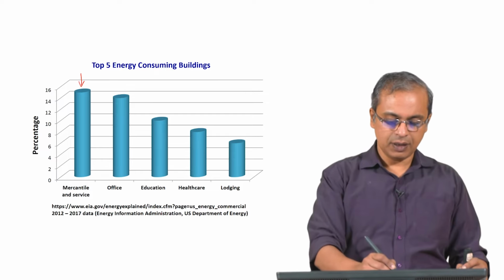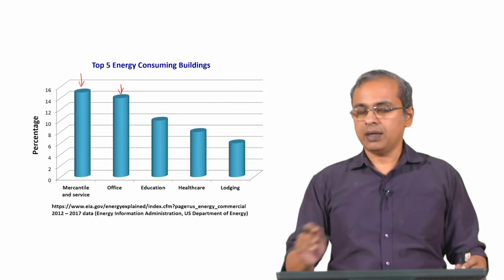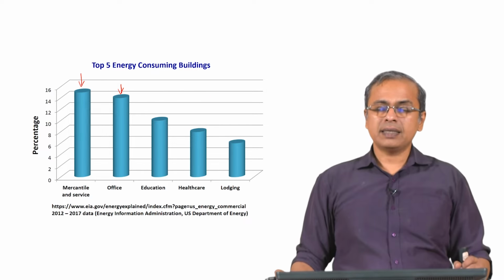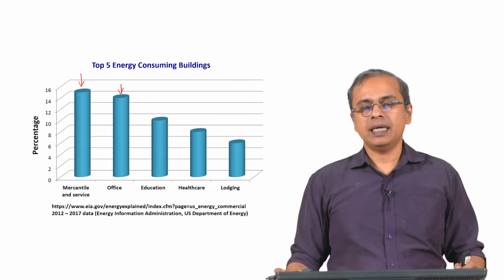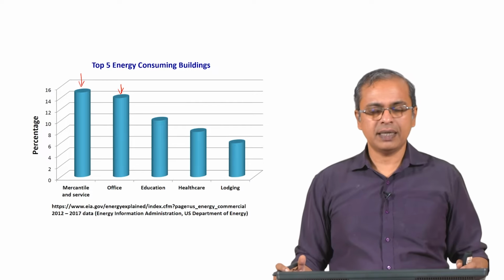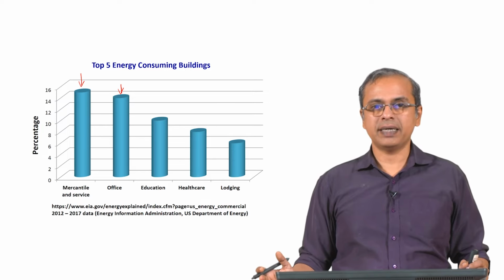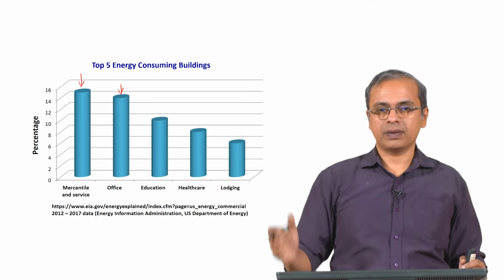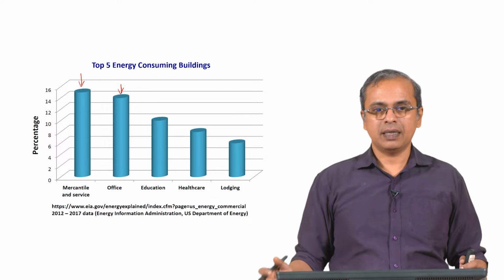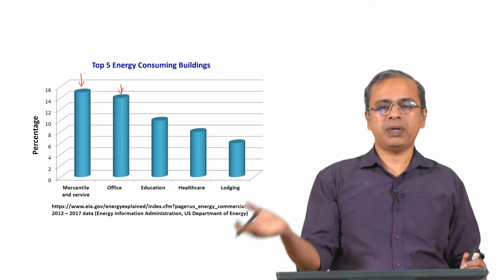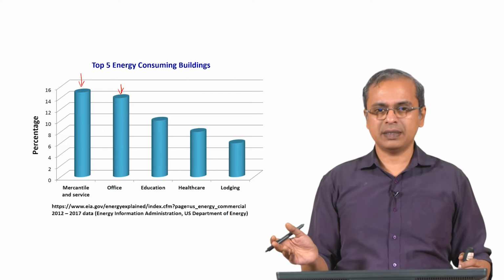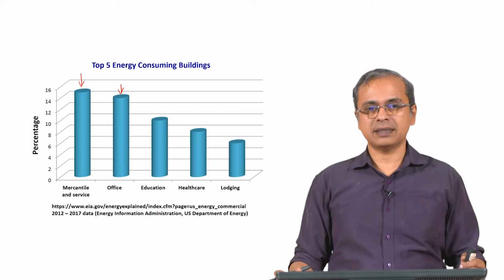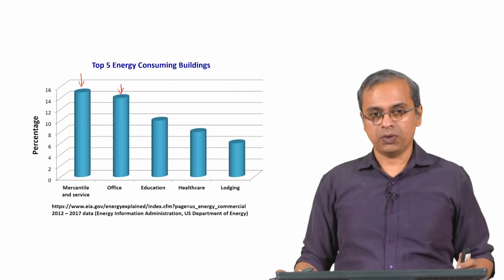Next comes our offices. Our offices also consume, throughout the day they are on. Almost all the offices these days, you find there are not sufficient buildings which are designed keeping natural lighting in mind. The buildings are typically, most of them have artificial lighting inside the building. So you have plenty of either tube lights or CFL bulbs or maybe LED bulbs, but all over the building you have this. So considerable amount of energy is spent on lighting all these places. You have computers that are operational, you have various other things that are operational inside an office. So offices also consume a lot of energy.